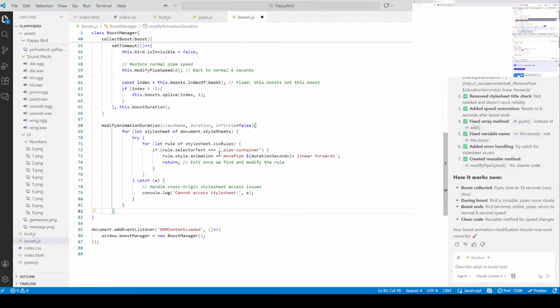Okay. Equals class name, then duration, seconds, linear,